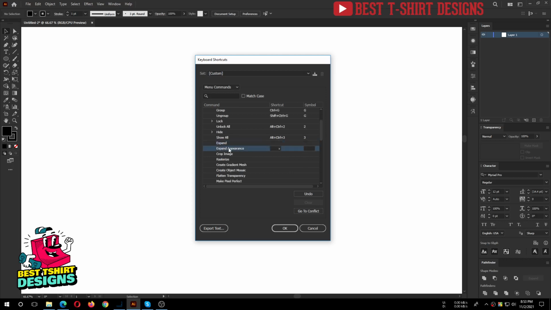So the first step is Expand Appearance. For Expand Appearance, I am going to make it Control 1. Control 1 will be Expand Appearance, Control 2 will be my, okay, Control 2 is the selection command. Okay, let's not worry about that. So Expand Appearance is Control 1, Expand is Control 2. That is really good for me. And then of course, okay, let's